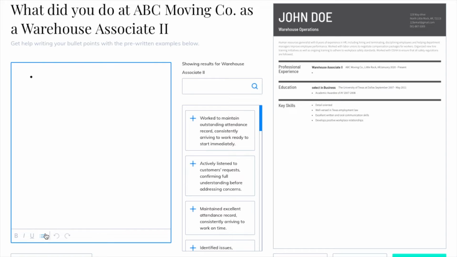And we're going to do bullet points for this specifically. So, for example, we'll just say you created a new inventory system with their software management system out there. So let's say this: created a new inventory system using WMS software. And how did this contribute? You can just put down that sped up production